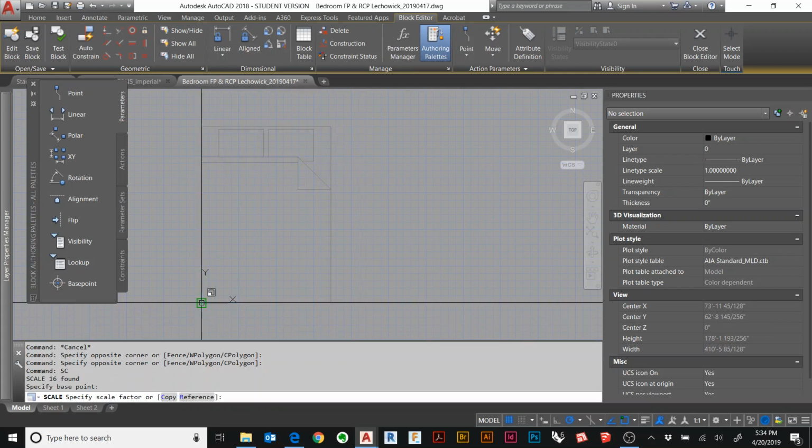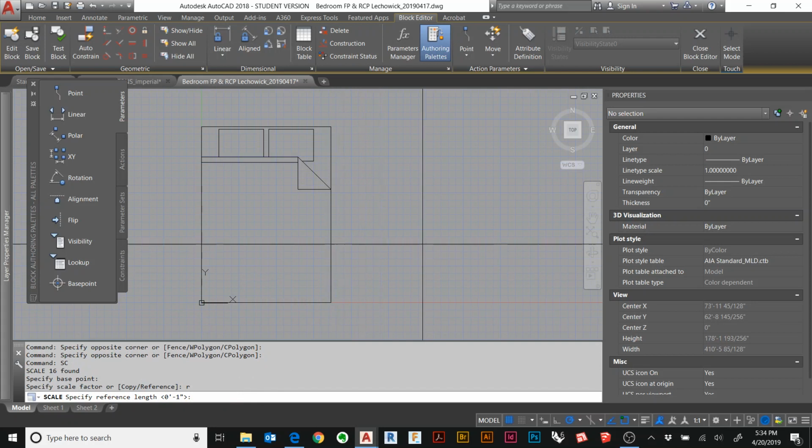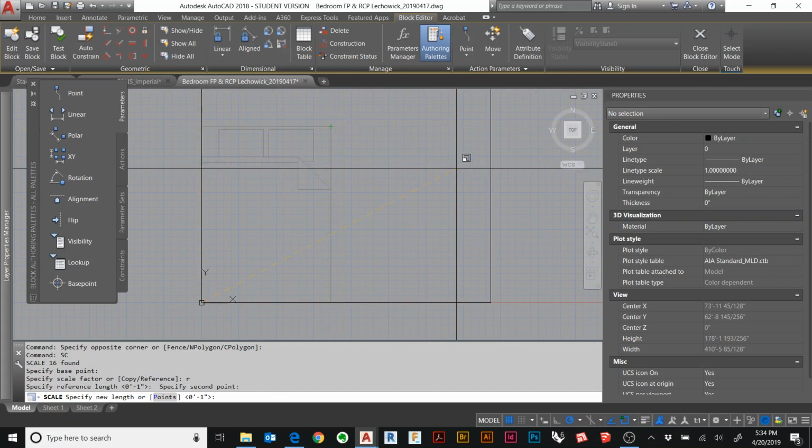It can be the top corner, it doesn't really matter. After I do that, I talked about this in class, I'm going to hit R. Typically in Windows, you can click on this button, but most of the time I'm clicking R, enter, to set up a scale reference. I'm going to click on the width at the top of the bed,